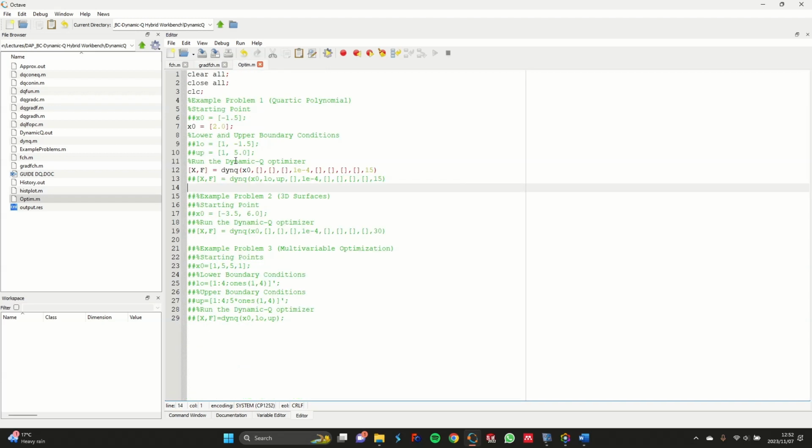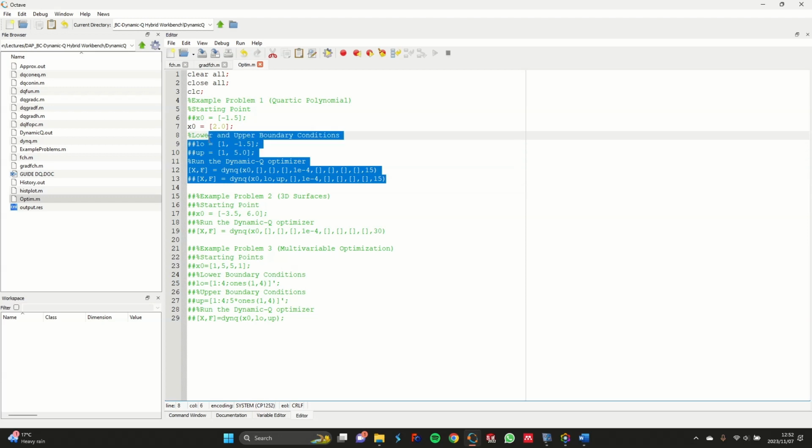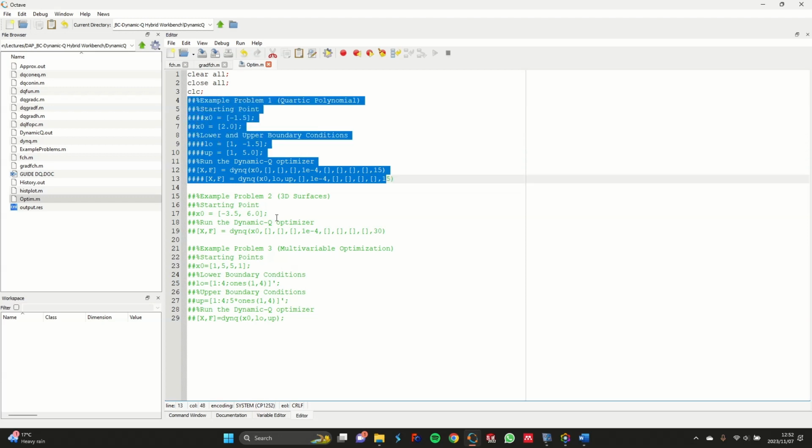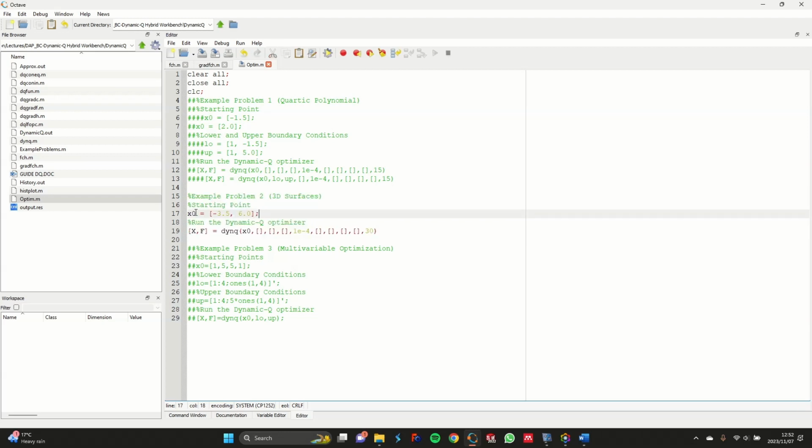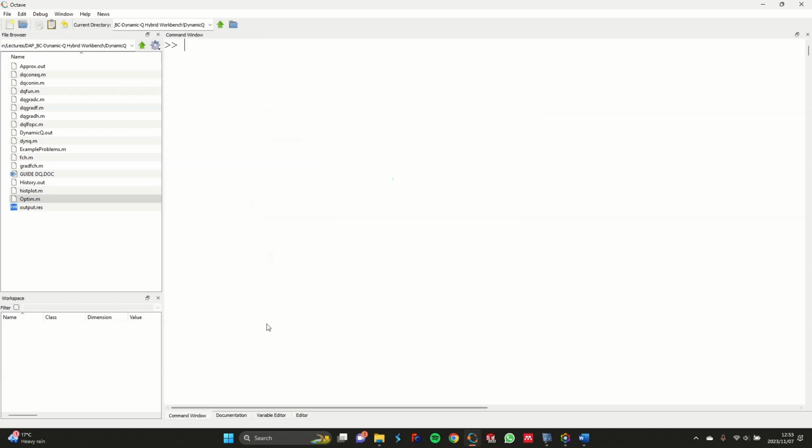So we can simply head over to optim.m, and we can now comment out everything under example 1, and we can move on to example 2 over here. So we've defined our starting points over here as minus 3.5 and 6, and we simply execute this dnlq with all of the relevant inputs as well. We've just increased our maximum number of iterations to 30, since we expect that it might take a bit longer to converge based on the complexity of the problem. Right, so then in the command window, we just type optim again,